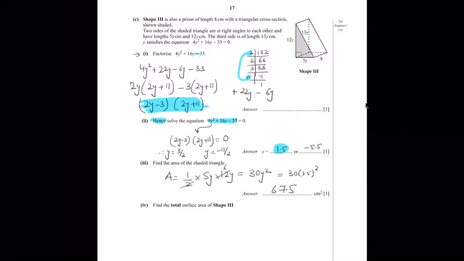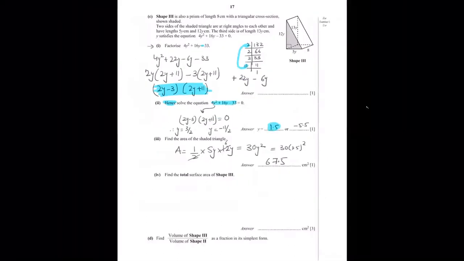Okay. If you guys are done till here, please understand the next part very carefully. Find the total surface area of shape 3. Surface area is the outer area that you can come in contact with. So the surface area of this prism is going to be the area of all the faces it has. If you see the diagram, it has 1, 2, 3, 4, 5 faces. So we are going to find out the area of all the 5 faces. Out of the 5 faces, 2 faces are just the triangles, right angle triangles.